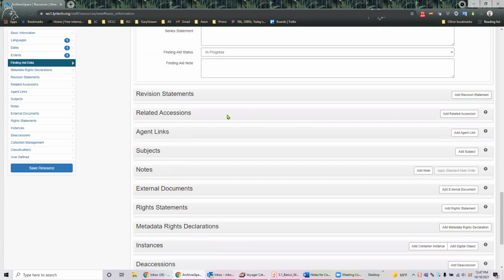Related accessions: you could manually link to an existing accession record here, but we don't have an accession record for this particular collection, so we won't do that at this time. I'll show you how to do it at the next record. Agent links and subject links, I'll show you more about those when we learn about agents and subjects, but